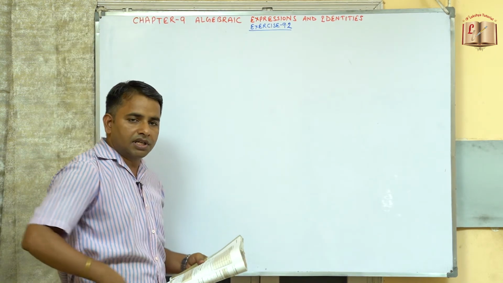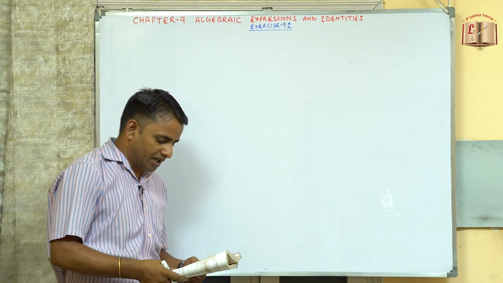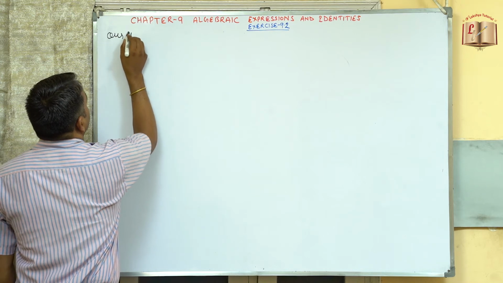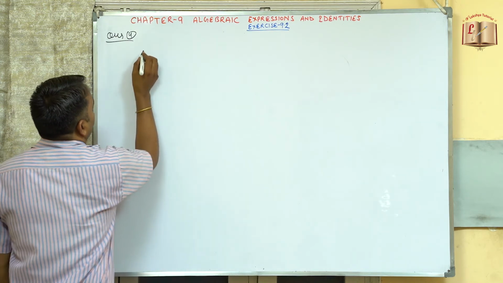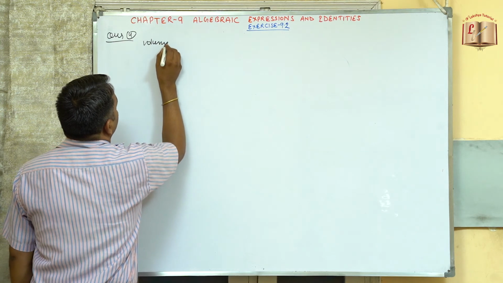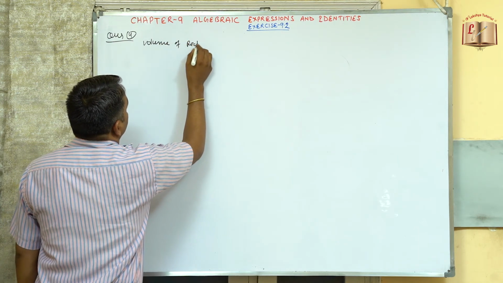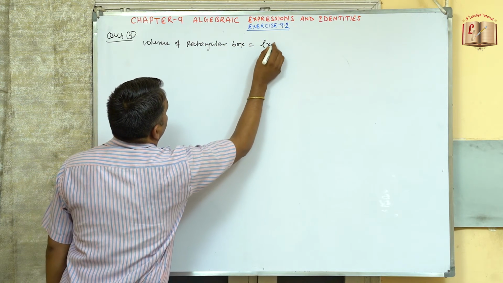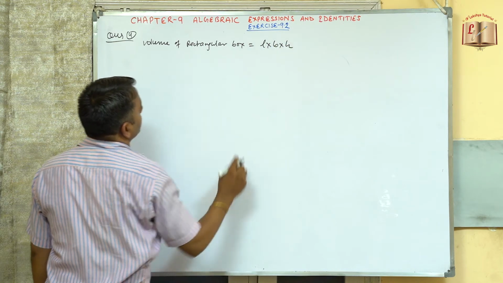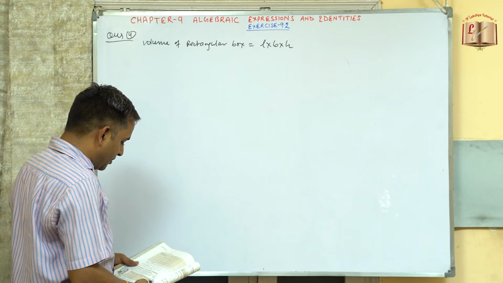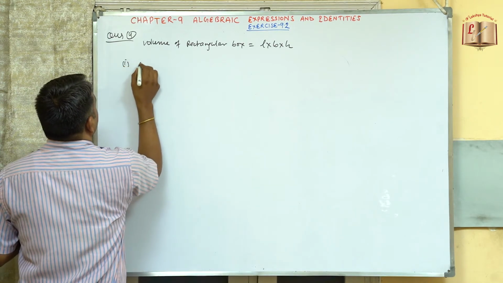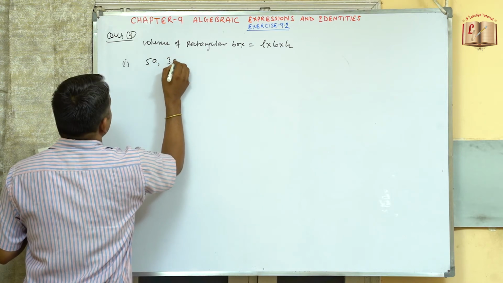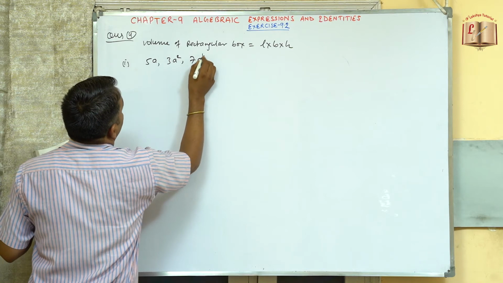So this question number 3 tables, you can do it because it is simply the multiplication only for this. So now coming to the question number 4, we need to find out the volume of the rectangular box. So volume of rectangular box is length into width into height. So we need to multiply all the three dimensions. So for the first case, the length, breadth and height are given to us. This is 5a, 3a square and 7a to power 4.